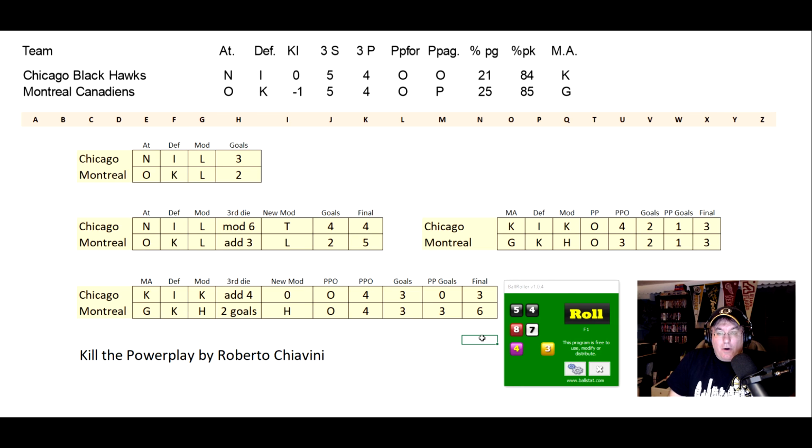So that's how I interpreted the rules on how to play this game. I'm having a lot of fun with this game. I really am. I don't know which mode I like the best. The third die can be a killer. The third die roll really can sway a game. So it makes it fun, but it also makes it